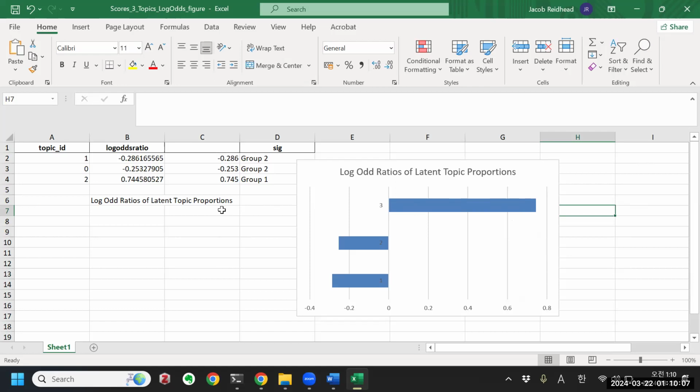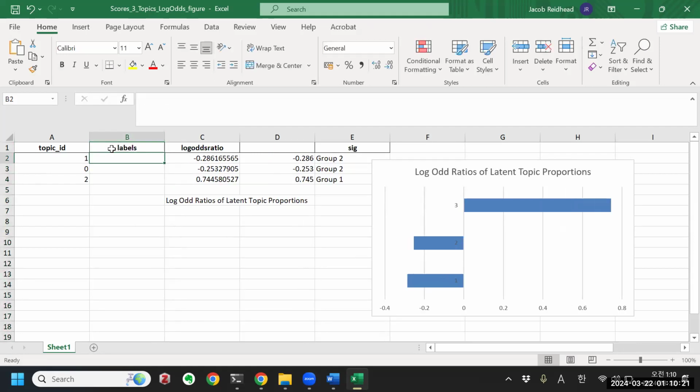But we need to do a little bit of formatting. So first we need to change the labels. So here, remember topic ID 0 was topic. Topic ID 1, that's our second topic on law and regulation. And the third topic was